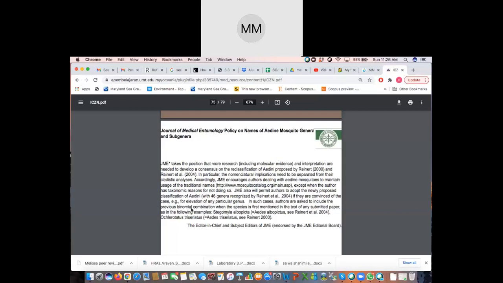When you're talking about the previous combinations, that of course goes into the synonym list and seeing the track record, which is why I very much emphasize that it looks very tedious, but having that synonym list is, as I said, a track record of history, like how the names have changed over time, and it's really important to have that.